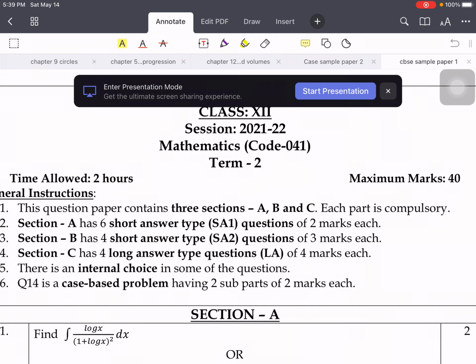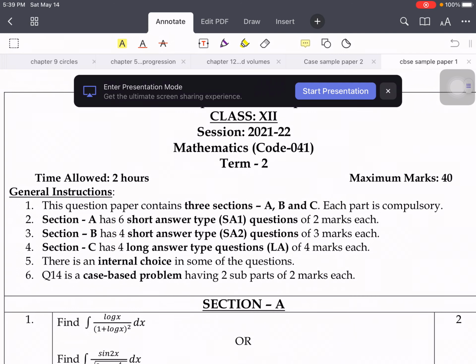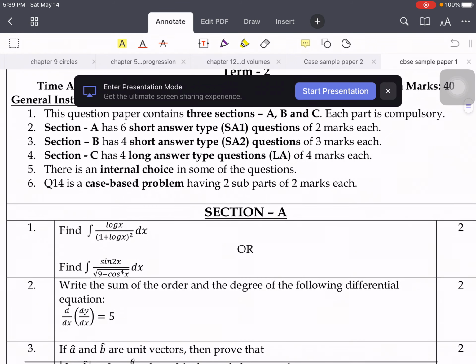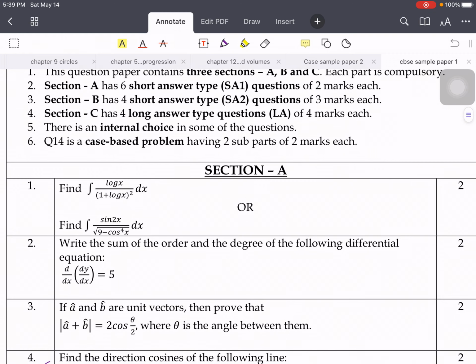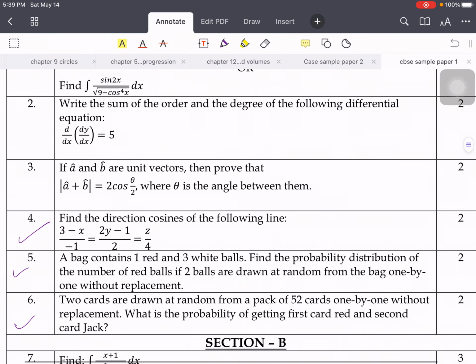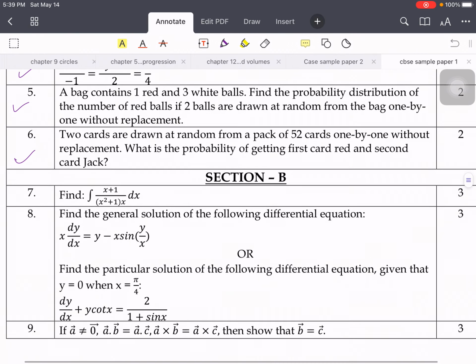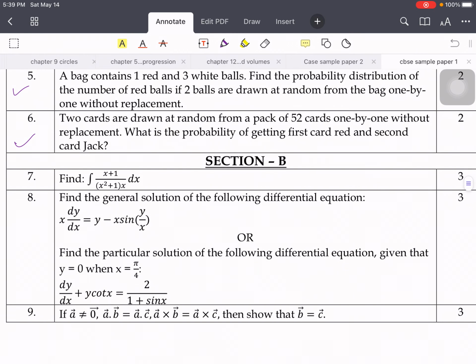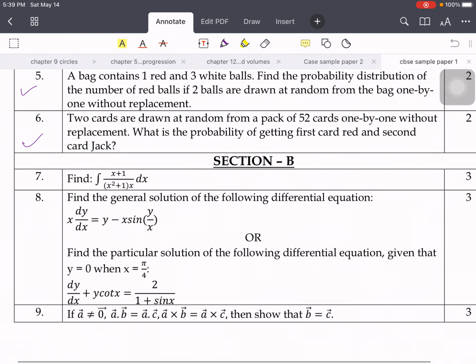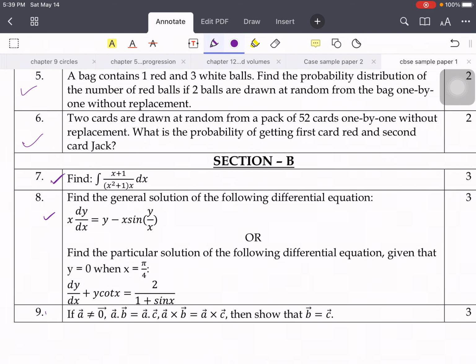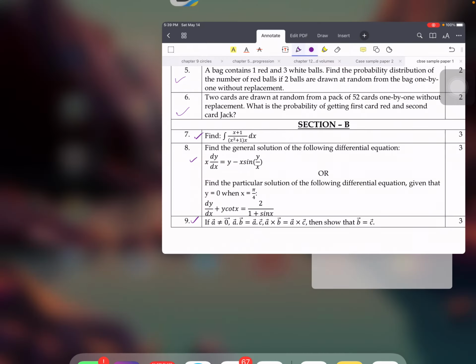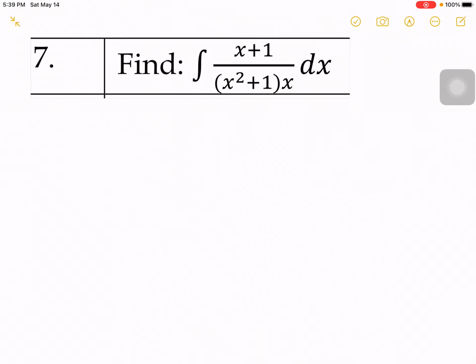आज पुनः हम सीबीएसई सैम्पल पेपर क्लास 12 सेक्शन 21-22 टर्म 2 एग्ज़ाम, जिसका सेक्शन ए और सेक्शन बी ऑलरेडी हमने सेक्शन ए के 6 क्वेश्चन पूरे हम सॉल्व कर चुके हैं इसके पहले 2 लिंक में। आज हम सेक्शन बी के क्वेश्चन नंबर 7, 8 एंड 9 इनके सॉल्यूशन को देखेंगे। तो जिसमें सबसे पहले क्वेश्चन नंबर 7 जो कि 3 मार्क्स के क्वेश्चंस हैं।